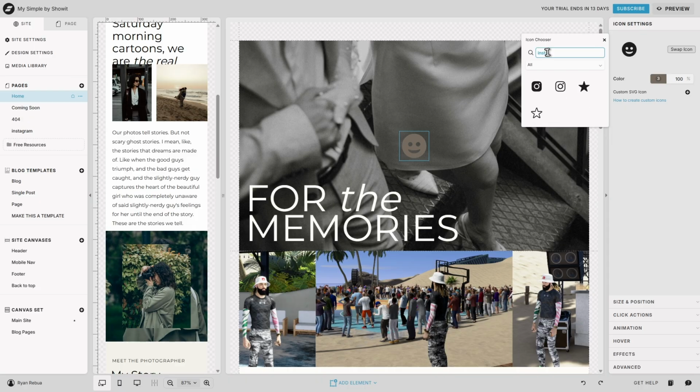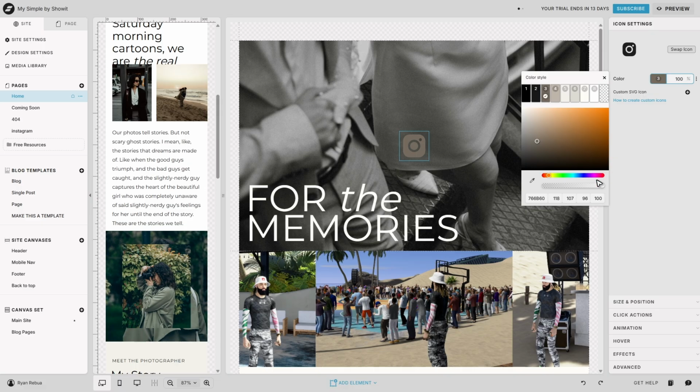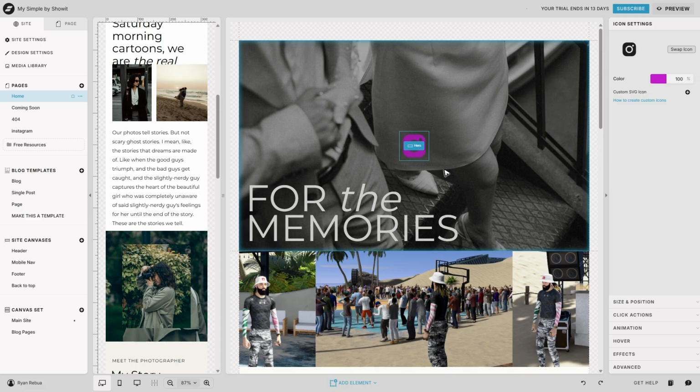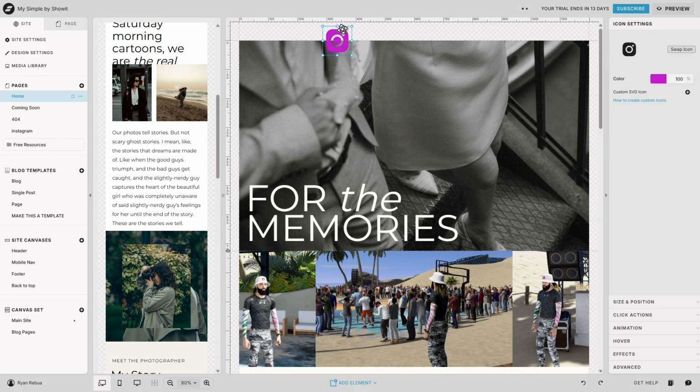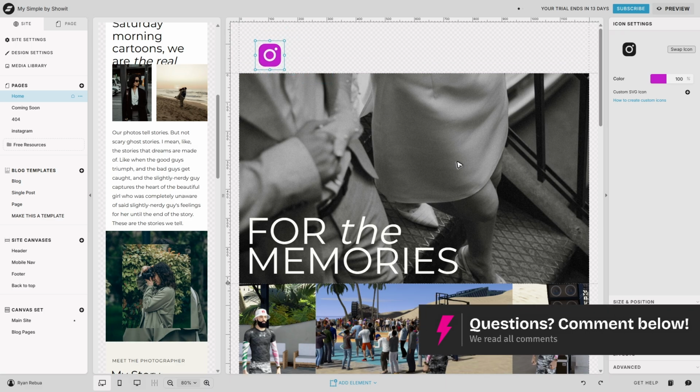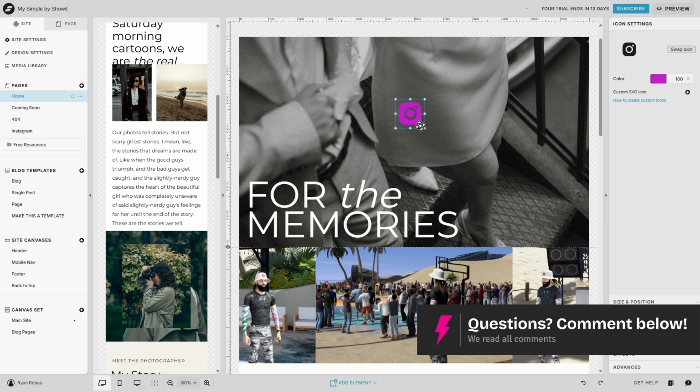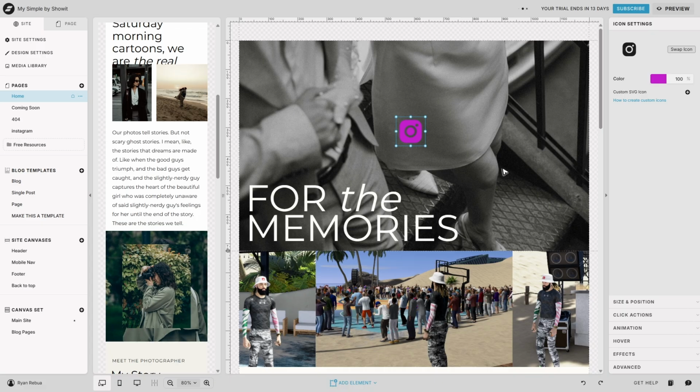Okay, there you go. I'm going to click on it and then change the color, maybe this one, and then just place it wherever you want. Maybe right here at the top or the center. Once that's done, all you need to do is go over to click actions, and while the